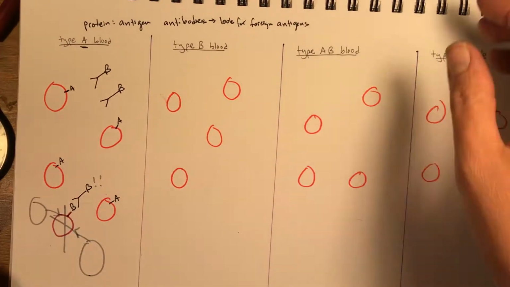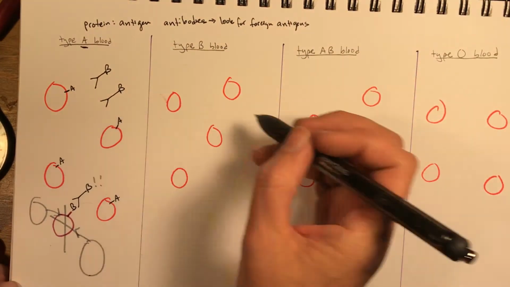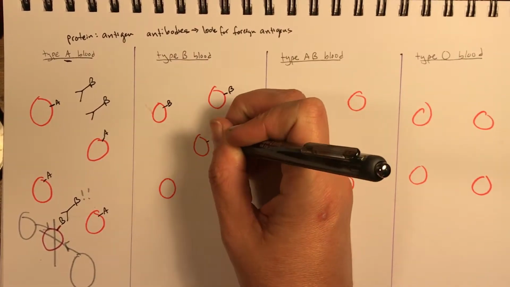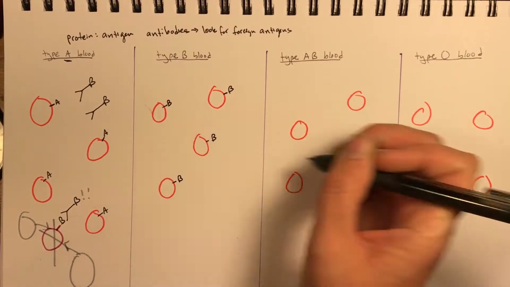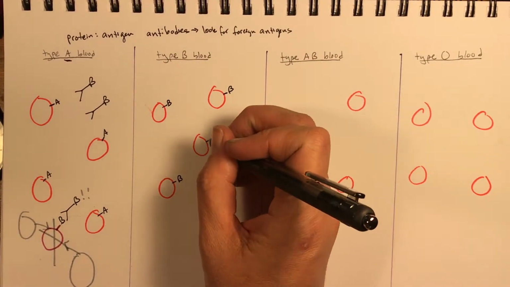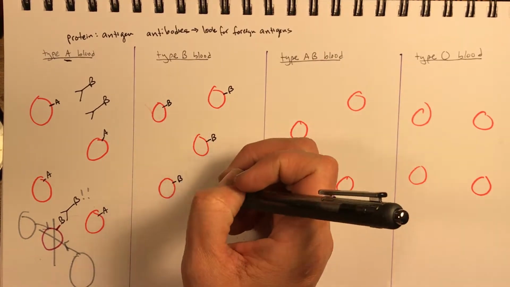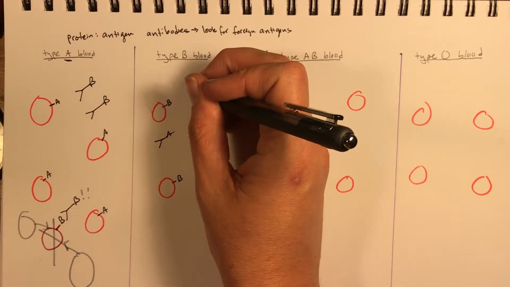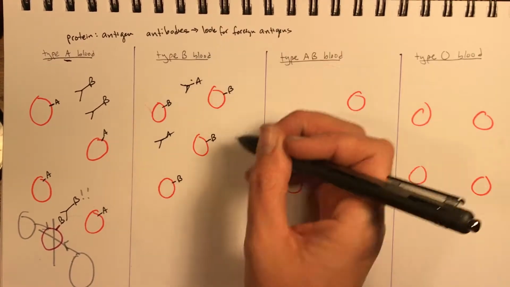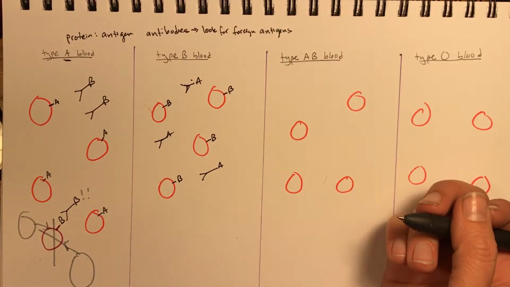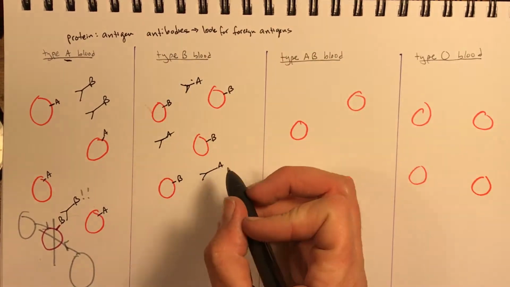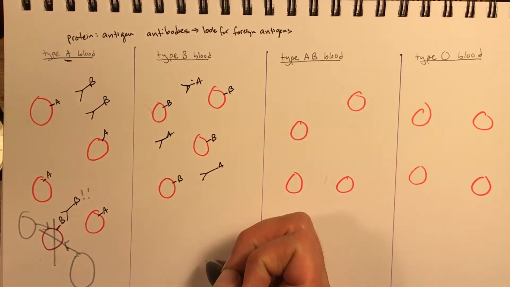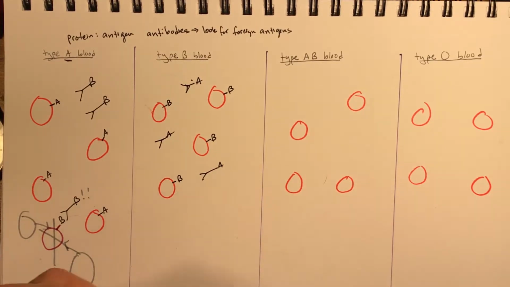If you have B blood, it's the same thing, but reverse. Your blood cells have the proteins that we call B. Each one of these blood cells has a B antigen on it. Somewhere in evolution, people with B-type blood developed A antibodies. So you also have in your bloodstream all these A antibodies floating around to make sure that nothing with an A tag on it, an A marker, an A antigen, comes into the system. And if it does, it will destroy it.